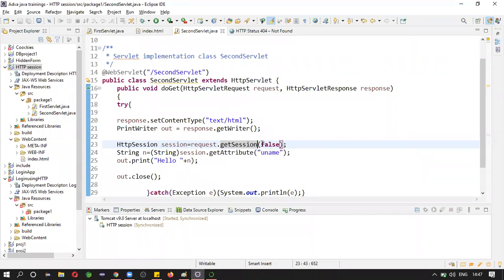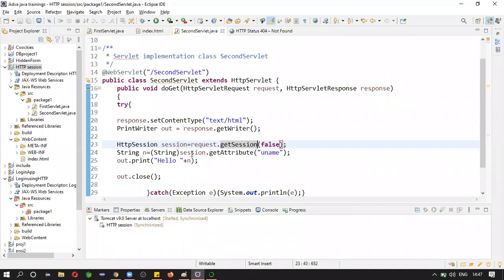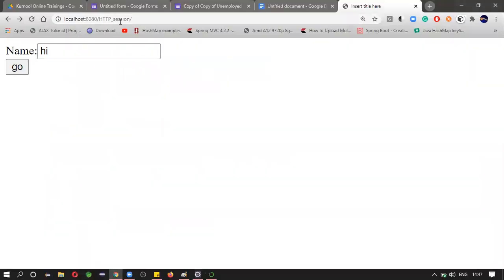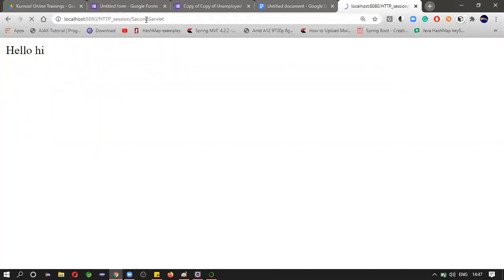If we put true here, what happens? There is a chance a request might come directly to the second servlet without coming through the first. Observe this. The user may try to request the second servlet directly. Maybe some intruders may try. Open this. The second servlet is already connected. See, hello, hi.